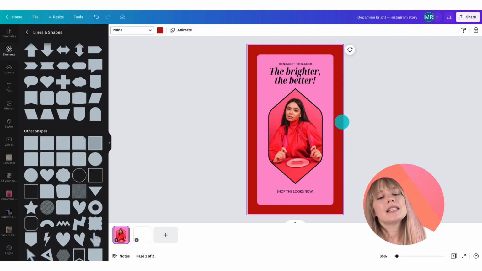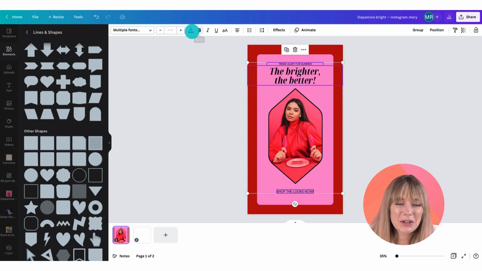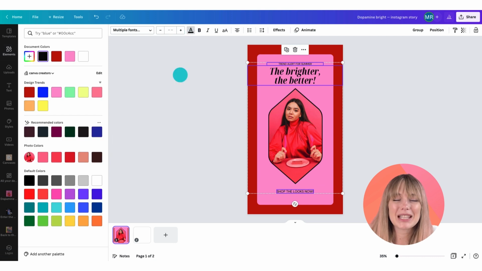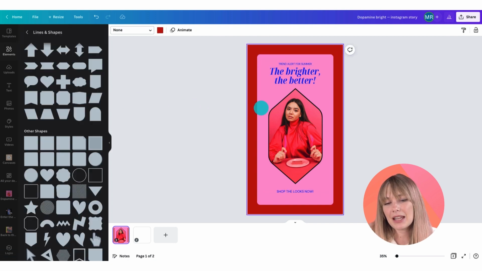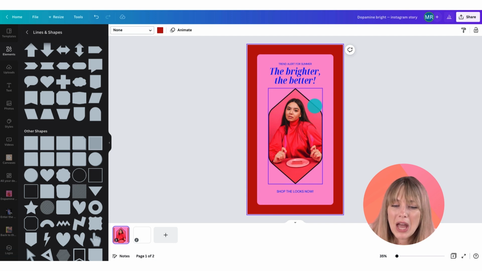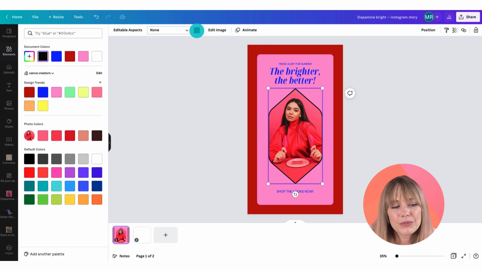So now the text is in, but we need to go bright. This is the whole trend. So let's select our text. And for this, we're noticing cobalt blue is really popular in the Dopamine Brights trend. So I'm gonna change it to that cobalt blue. I just love these color combinations so much. So I'm going to also change the frame outline to be the same cobalt blue, so it's all just working